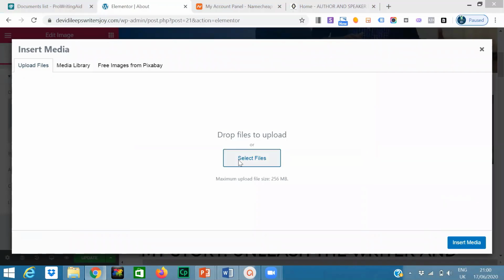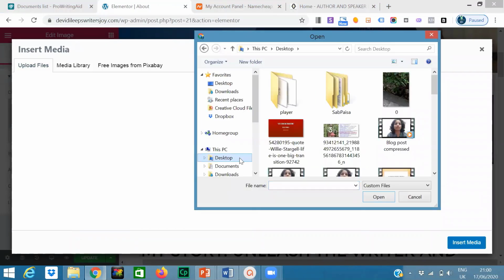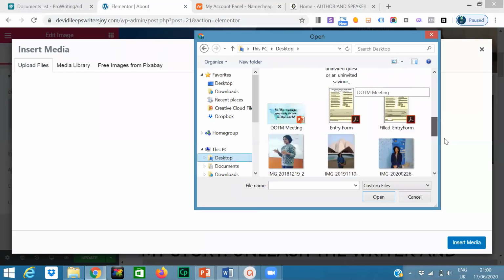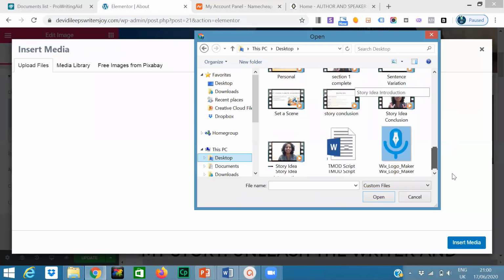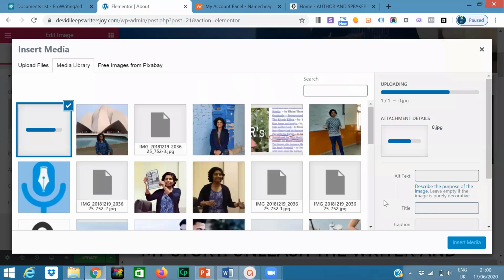It will directly take you to your computer, and she can upload some pictures. Now she just added this picture randomly. This is how you can upload pictures.